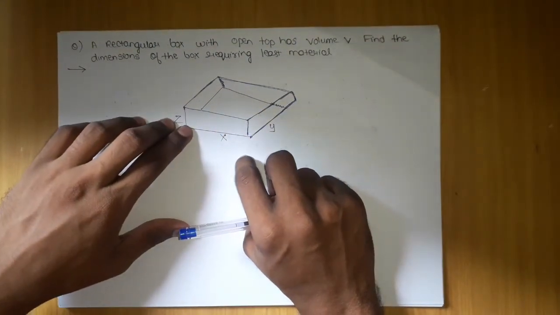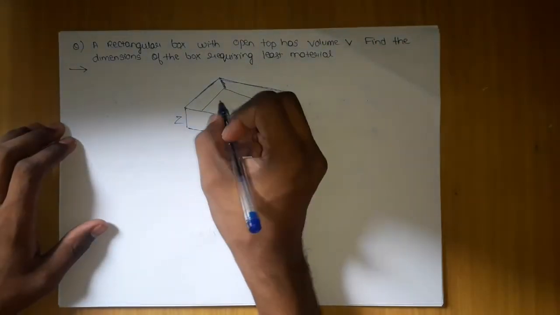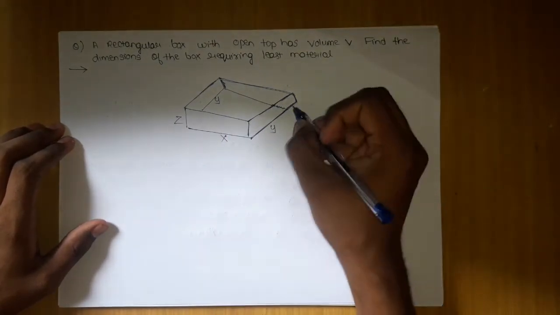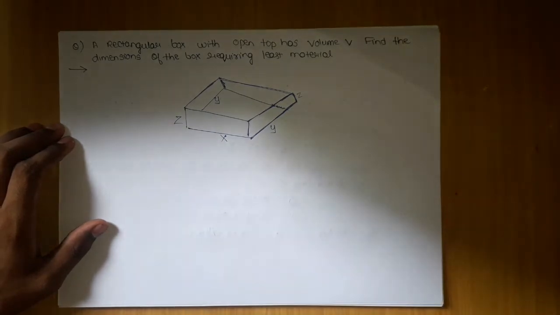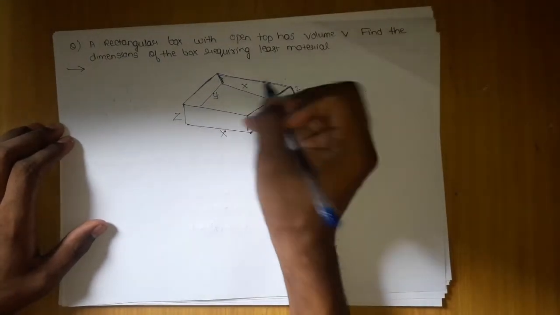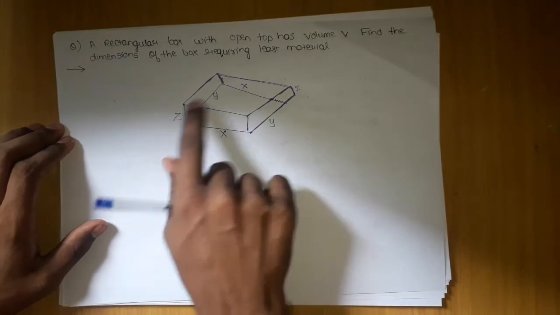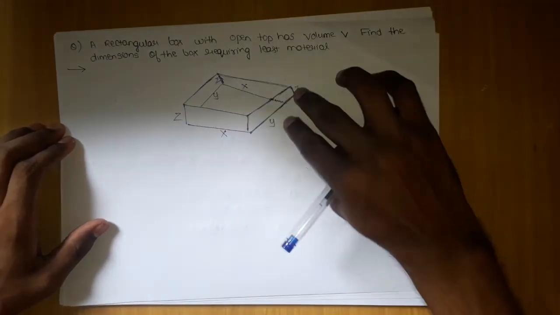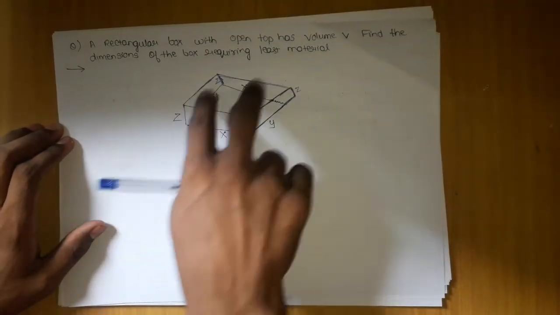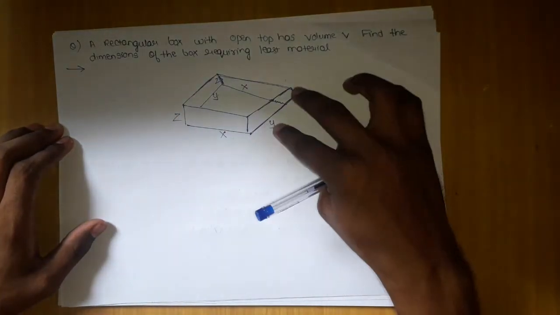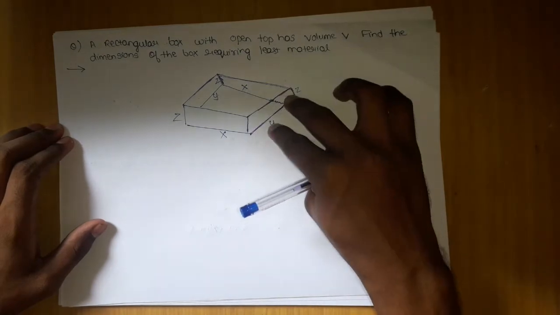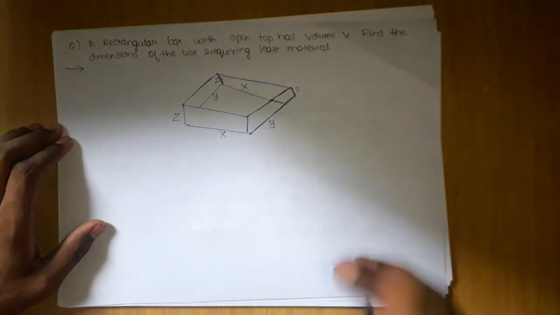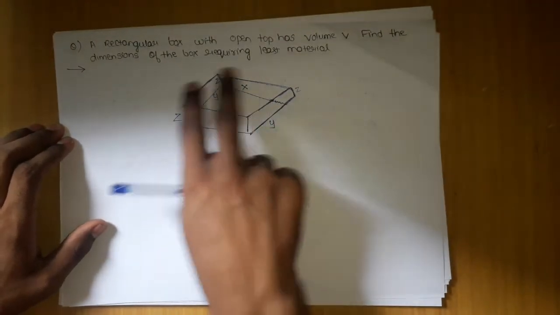So what we are going to do, and here if you see this one is y, and this is z, and this is x, so here xz and here yz. This will be yz twice and this will be xz twice, okay. So twice xz and twice yz will cover these four sides: these two parts will be yz and these two parts will be xz area. But when we come to the bottom, which is xy, at the top they had told